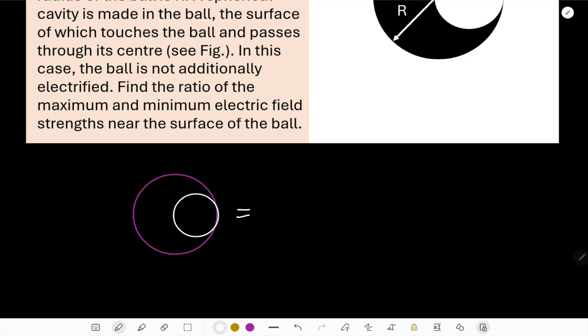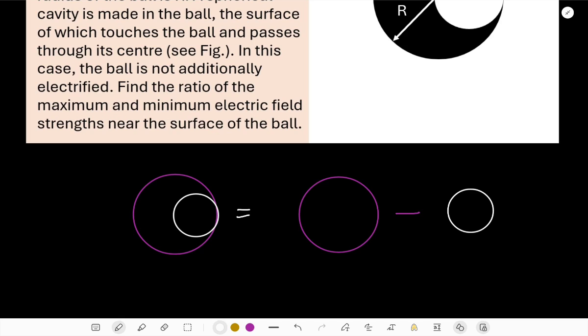I can think of a solid ball, minus the cavity. So I'm trying to tell you that this configuration can be looked at like this,